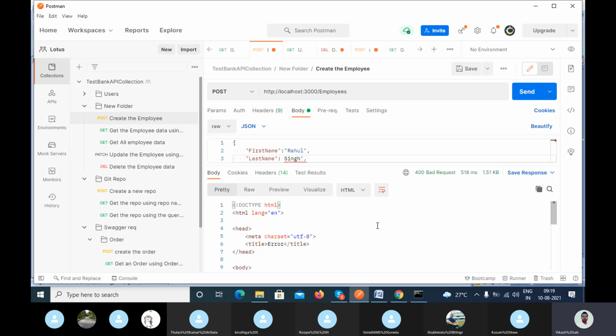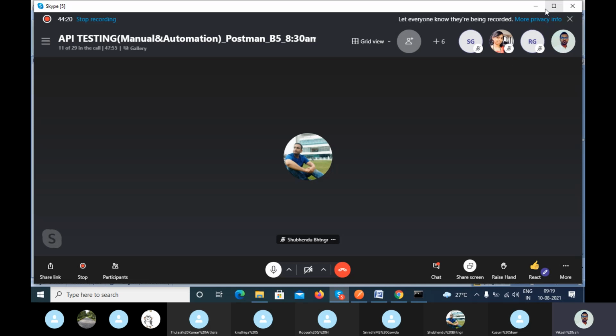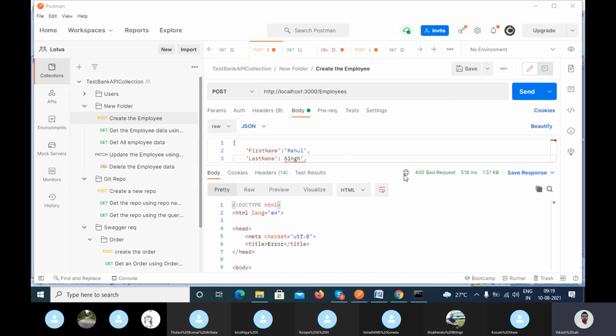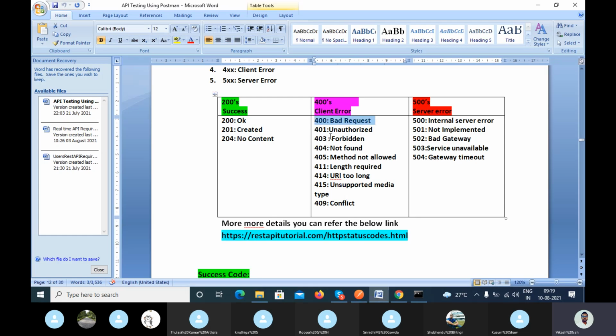And you might have one question in your mind: in some projects you will not get the 400 Bad Request, you are getting some other client error. Let's suppose instead of 400 you are getting something like 422 Unprocessable Entity, or 404 Not Found.